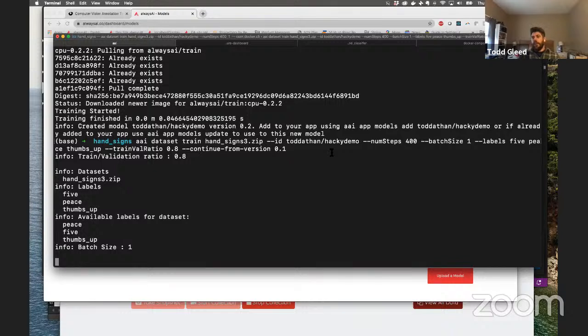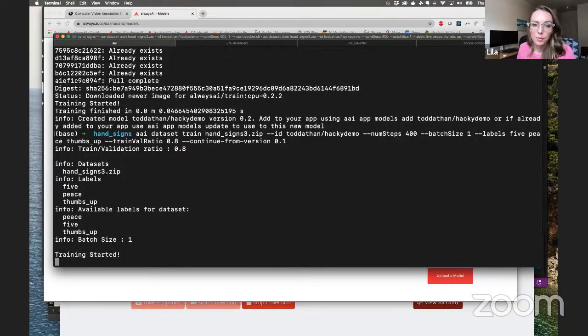So that's it for training. I'd like to give Lila some time to go over the app that she built around this model that I trained. Nice. Yes, so we have a little sample app for you guys to use